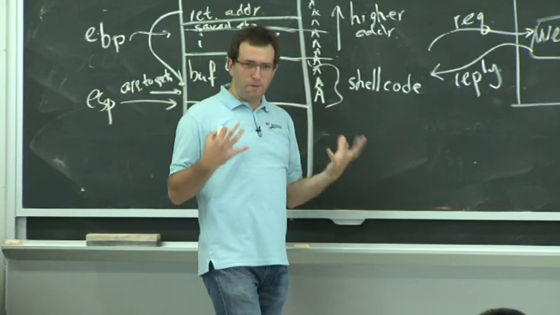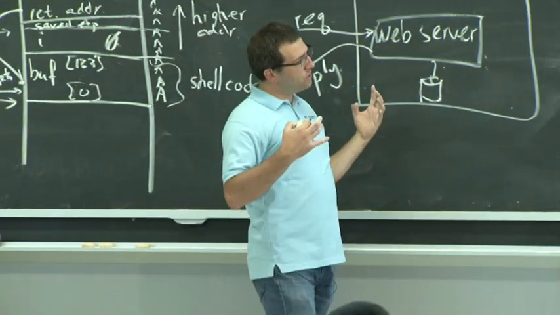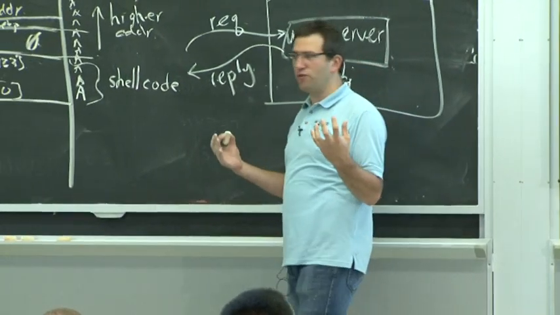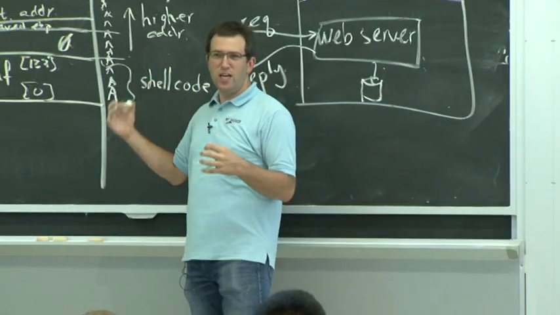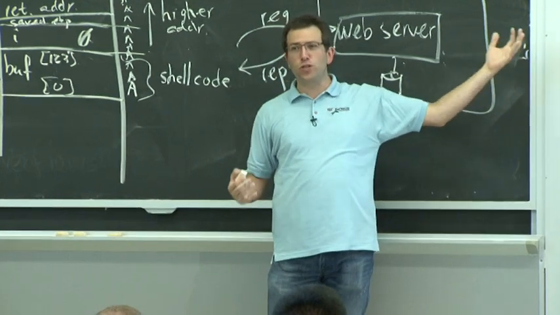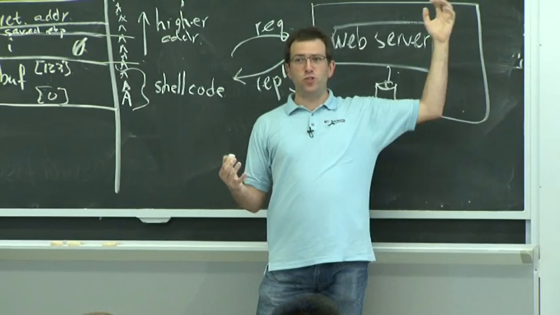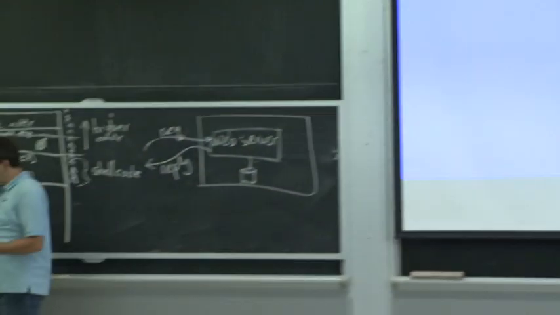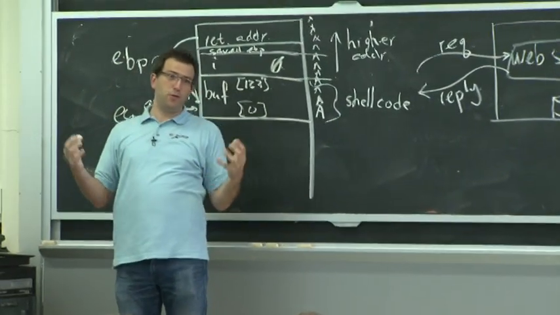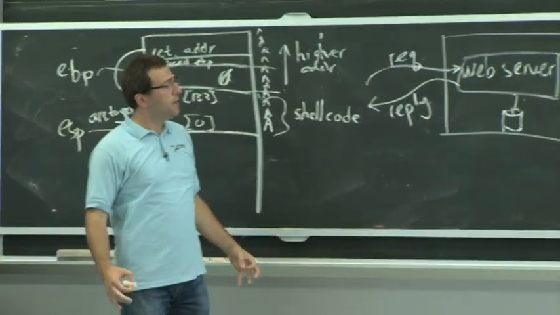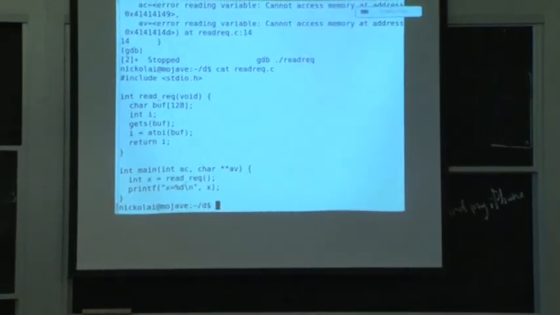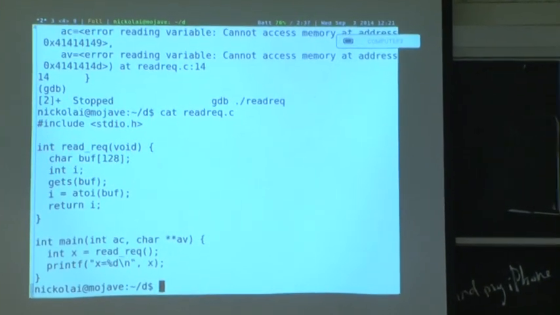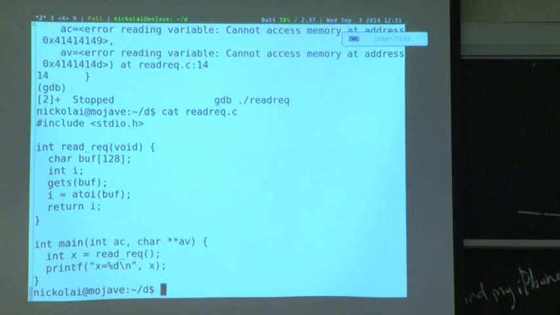So in the context of buffer overflows, there's not really a clear-cut solution that provides perfect protection against these mistakes, because at the end of the day, the programmer did make some mistake in writing the source code, and the best way to fix it is probably just to change the source code and make sure you don't call gets, just like the compiler warned you. And there are more subtle things that the compiler doesn't warn you about, and you still have to avoid making those calls. But because it's hard in practice to change all the software out there, many people try to devise techniques that make it more difficult to exploit these bugs.